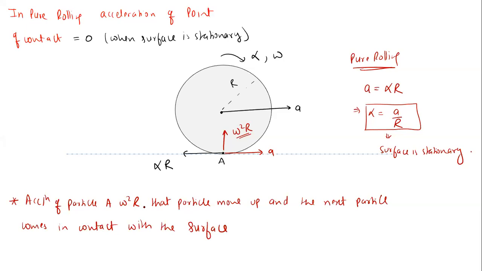If there is no friction, can you roll the body on the surface? Can you think of a very smooth surface? You try to roll the body. Will you be able to roll the body on a smooth surface? Yes or no? If V of center of mass is constant, then the point of contact is same. I didn't get what you're trying to tell me. Velocity of center of mass is same. Same to what?